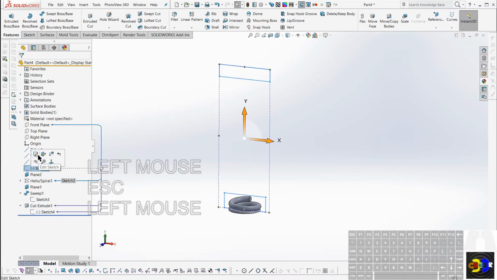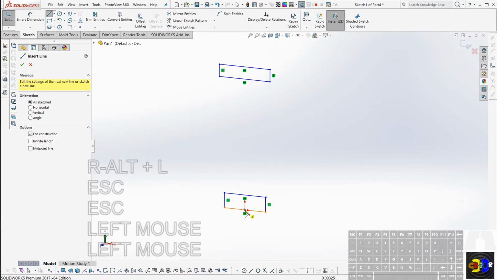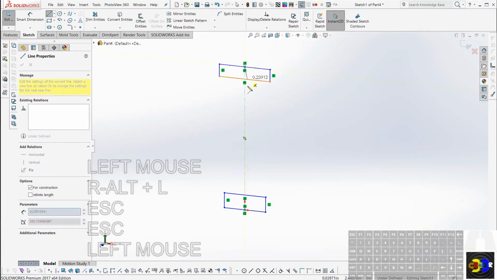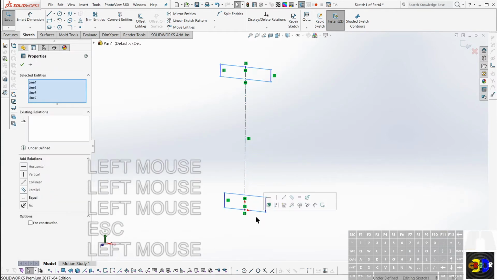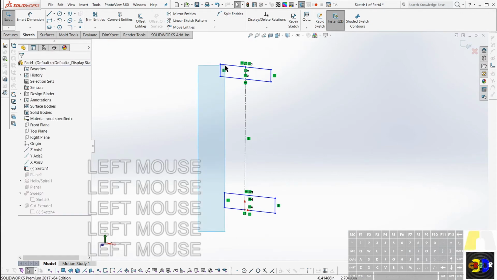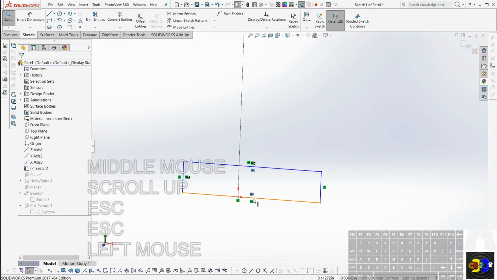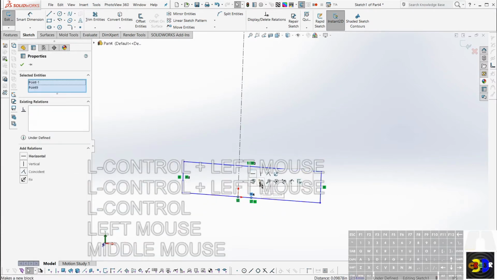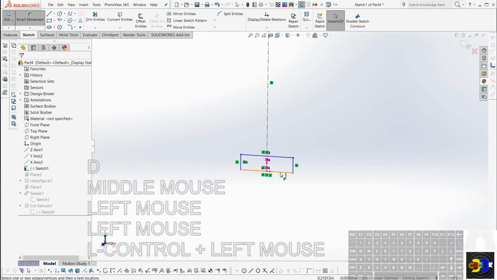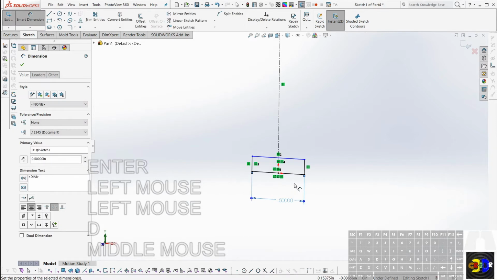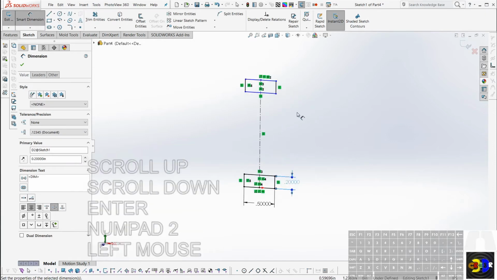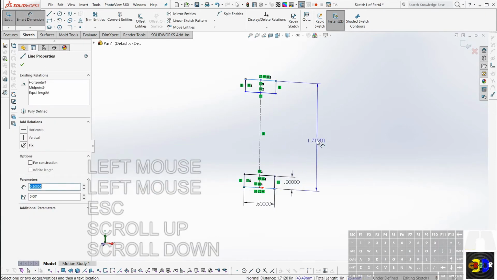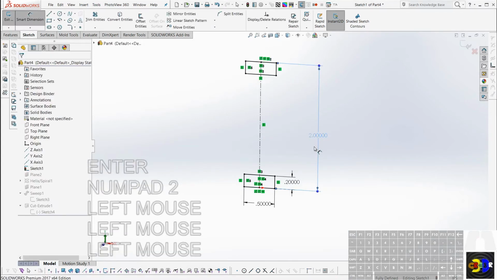So I will go back into this main sketch and I will create a line from here to here. I will make this line totally vertical, and I'm going to select these four lines and make them all equal length, and then I'll select these and make these equal length just to make things look a little better. We lost our midpoint, so let's see, select both of those, coincident, now we're midpoint, and this should be ½ inch diameter, doesn't really matter. This should be 0.2, doesn't really matter, and we'll call the overall length, we were initially talking 2, but so